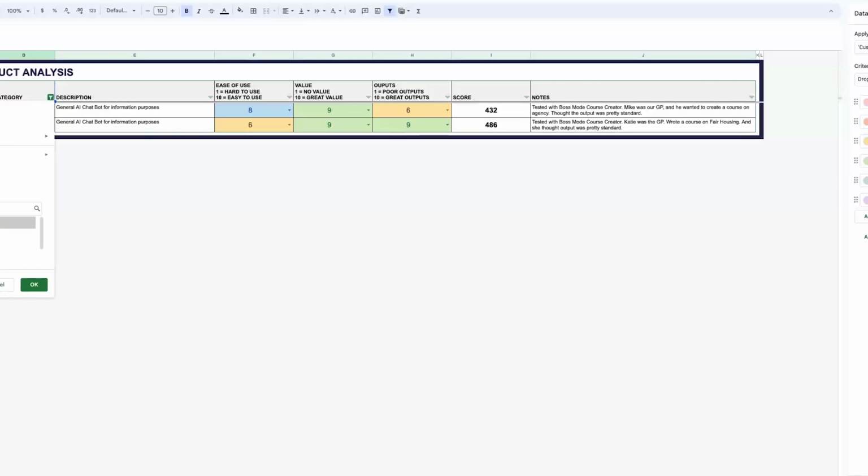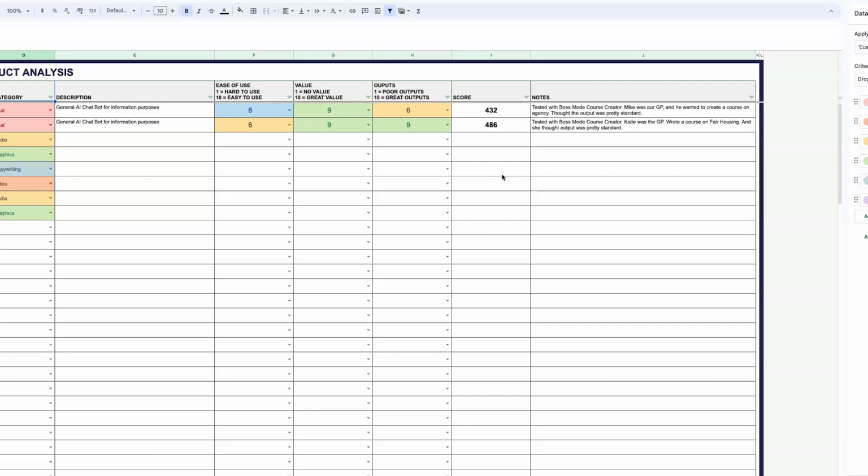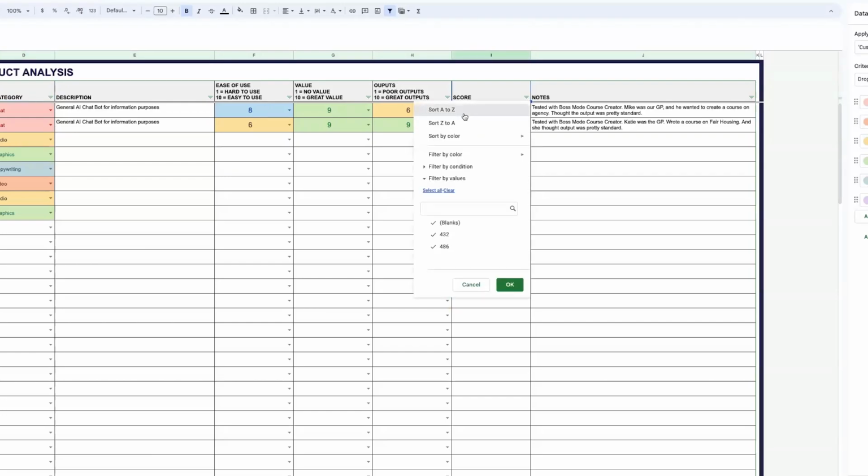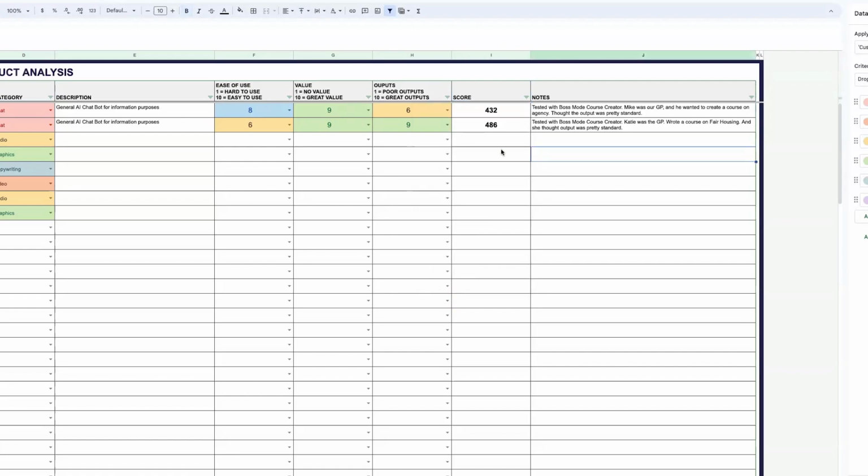Maybe we're comparing chatbots or all of the different AI platforms that we use, so we're just clicking everything, and then we sort it, right? And again, we see everything that we have here, and then we could simply sort from high to low, and evaluate which scores come in the highest, and then say, all right, this is the platform that we're going to start to invest time in learning, or maybe working with somebody, or start training our staff on how to use, or start training myself on how to use, or maybe take courses online on how to use.